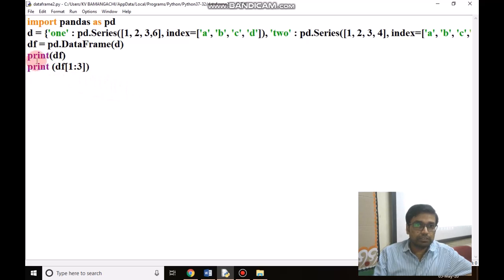I am changing some code here. I am printing the data frame obtained from this dictionary in which there are two series, 1 and 2.